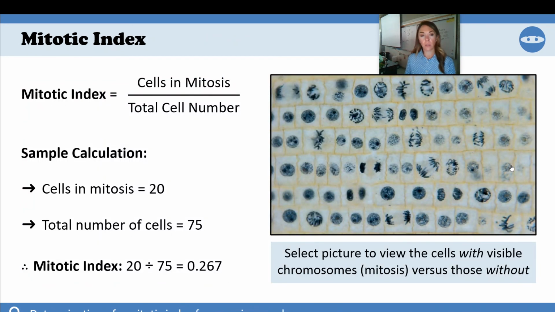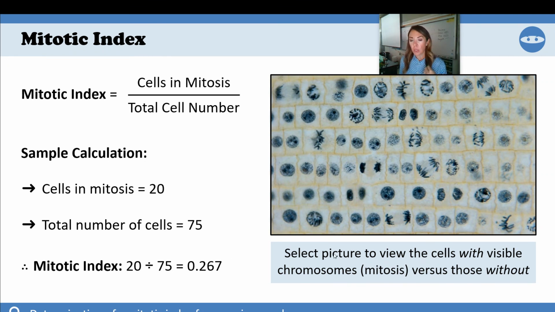Very last thing, remember that we talked about in the very beginning that interphase takes up like the majority of the cell cycle, but this is called the Mitotic Index. So you can actually calculate from the total number of cells, the cells in mitosis, what the mitotic index is for that part of the plant, the animal, whatever it is. Super simple calculation. I look, oh, look, I've got 20 cells in mitosis. There's 75 cells. So 0.26, 26% of my cells are going through mitosis right now, right? Which should be good, right?